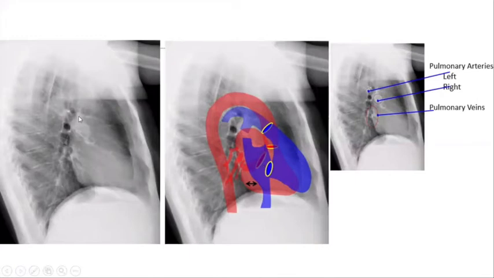And now about the great vessels and the airway in the lateral view. Here we can see the pulmonary artery bifurcating into the right and the left. This is the left and this is the right. The right pulmonary artery is superior, the left pulmonary artery is inferior. And similarly, the opening of the pulmonary veins is here. And similarly, you can see the airways, the bifurcation of the trachea.